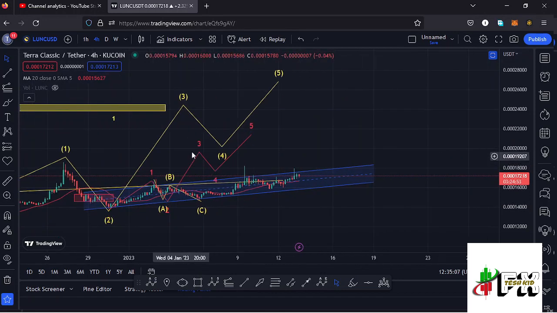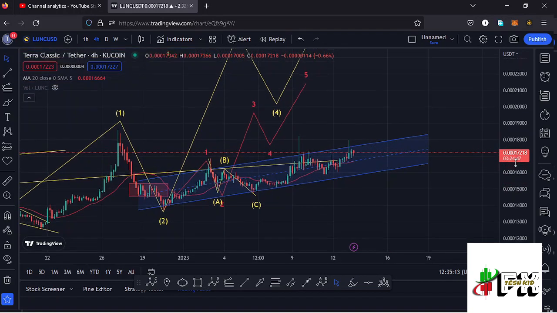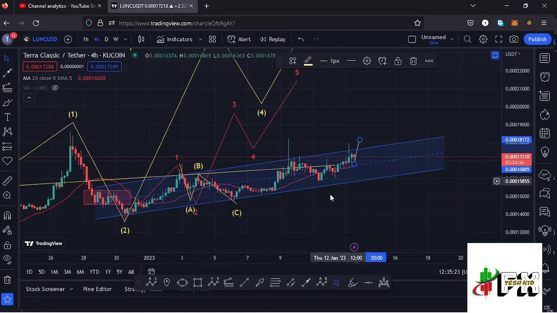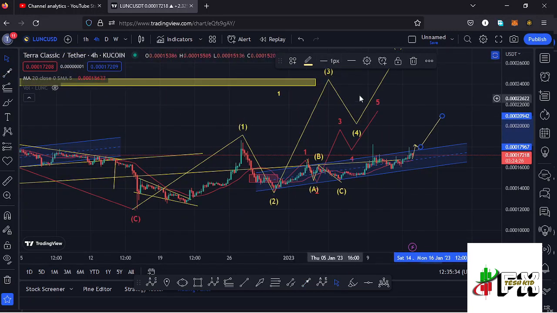To also support that breakout to the upper side, we have this channel that we have been trading within, which has continued to be well respected, which is an ascending channel, and we have managed to break above the 20-day MA here on the 4-hour chart, meaning we have the support that we need to continue pushing even higher and see that breakout out of the channel to the upper side. Once that happens, we can expect to see a retest, and once the retest is in, we can continue pushing even higher in the formation of this wave 3 of this ED12 structure,